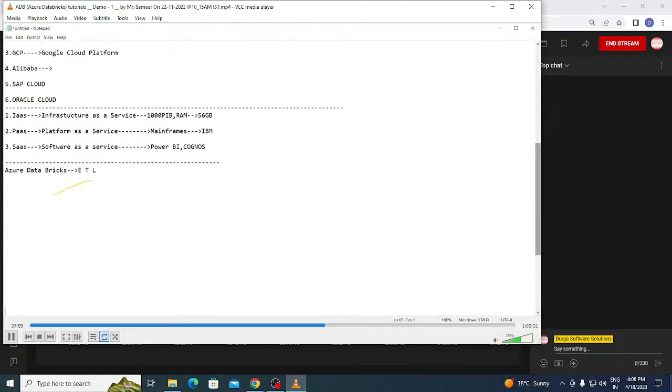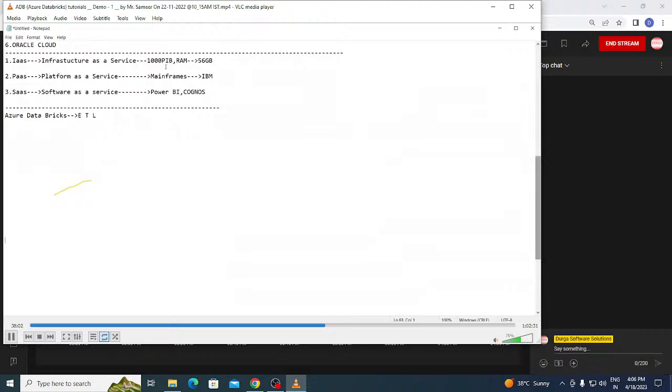Guys, here I have some data. I'm using this as a source. And now, in the bottom, I'll write the target. My query is that I have the data of a supermarket. The supermarket data is given like this: product ID, product rate, product quantity sold, and date of sales.